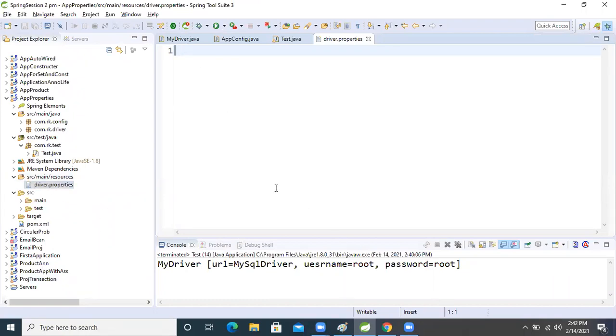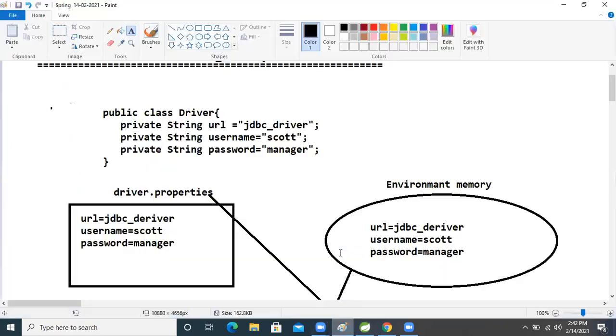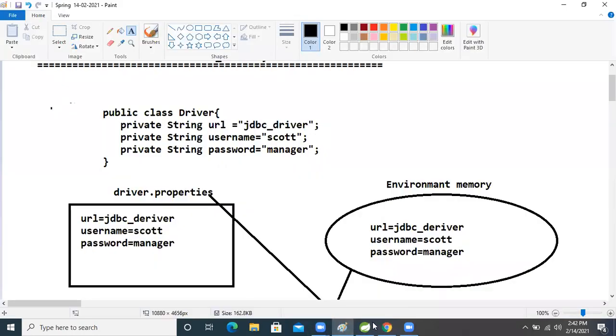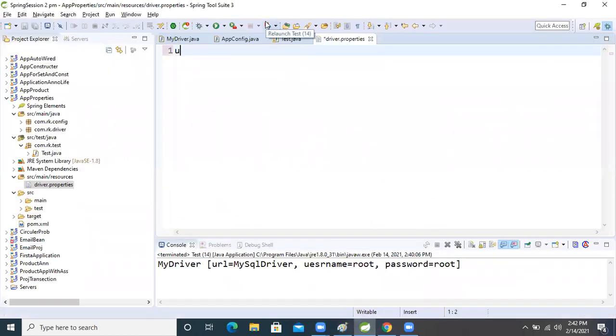So inside the property file, I said that both data are string only, right? Both data are string only. So how will we write whatever data we have taken: URL, username and password? URL and username, password. So URL, right? URL equal to,